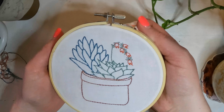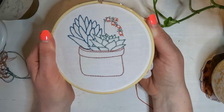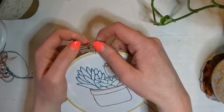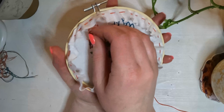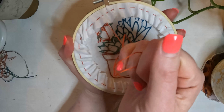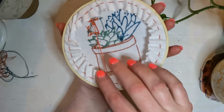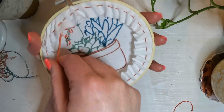Okay, then we want to make sure that this is all pulled tight. There's no loose gaps or anything, that our fabric is really taut. This is screwed on really, really tightly. And then we're just going to take that string and pull it so that all that fabric comes together in the back and you can no longer see it from the front. And then we're just going to tie a knot back here,